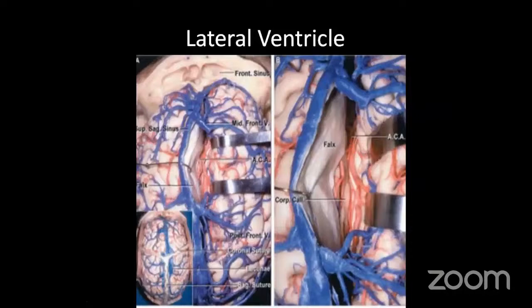So this is a picture from the rotund now. This is a picture of an interhemispheric approach. You can see the falx in the midline. You can see the retraction of the temporal lobe being done. Various